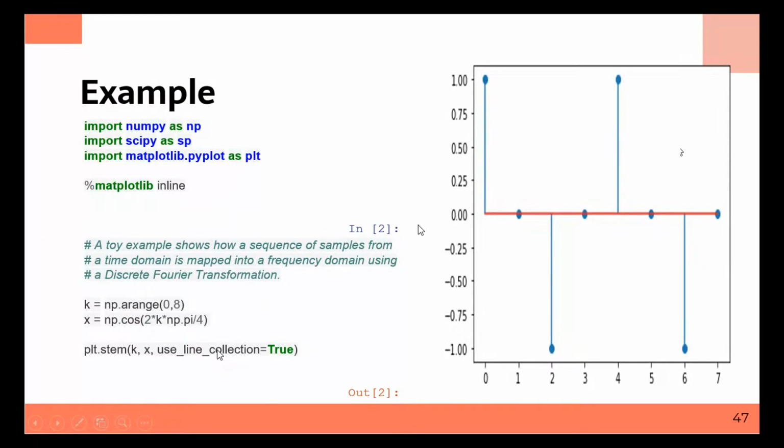Okay, plt.stem, which is this plot, k comma x comma use_line_collection equal to True. I mean, line collection is this line, and when you do that, you'll be able to see this type. Will all of you do this? Just see how the wave mentions it. And I want all of you to change the